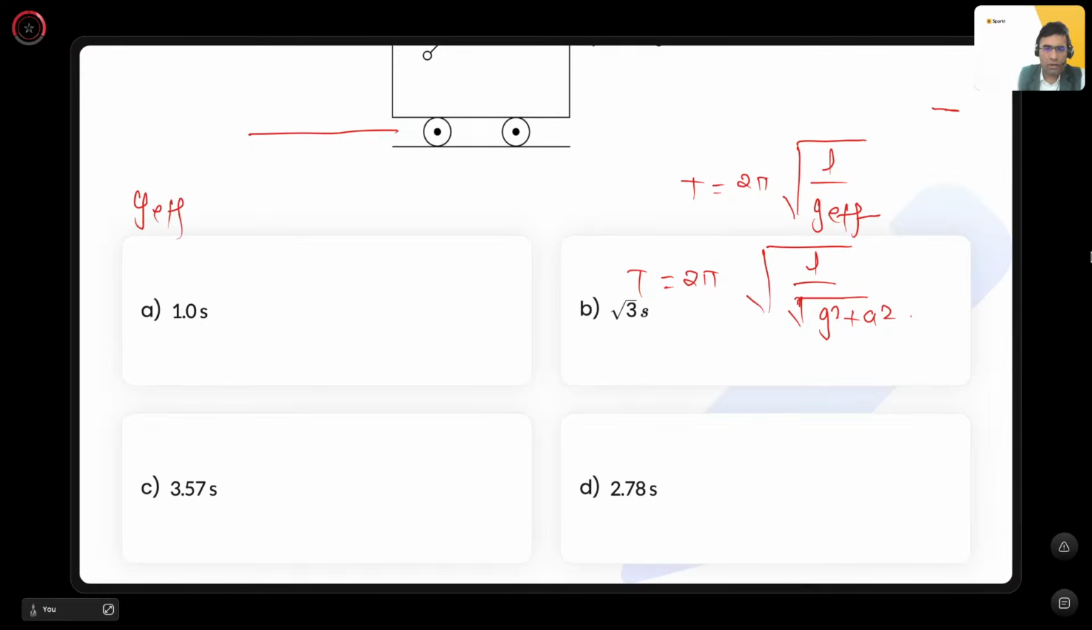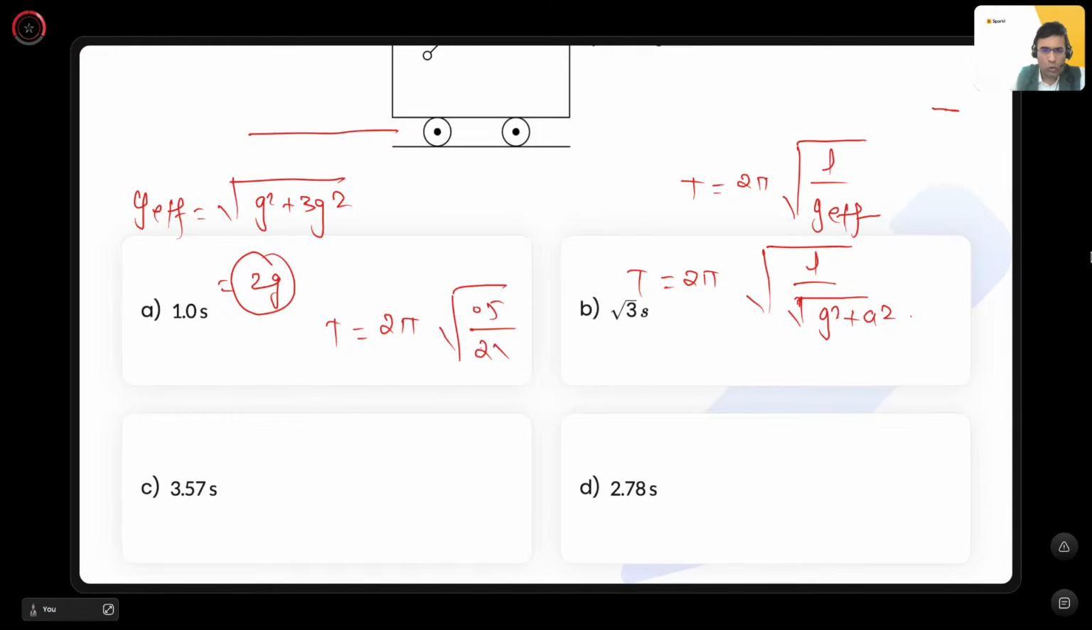So g effective हम निकाल लेते हैं under root of g square plus 3g square. So it will become 2g. So time period comes out to be 2 pi under root of L. It will be 0.5 upon